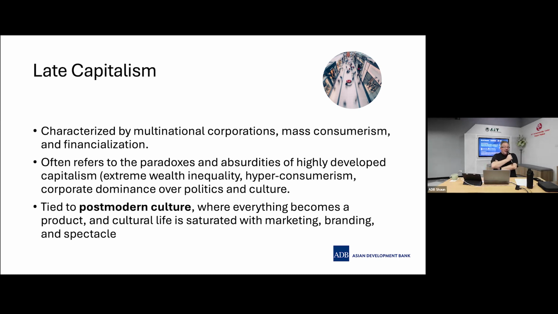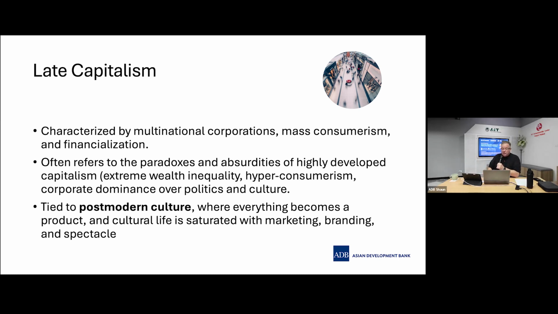Late capitalism is an idea. When I was an undergraduate student back in the 1980s, which seems like 1,000 years ago now, I attended a lecture by a philosopher named Frederic Jameson, who many of you may have heard of, who was one of the first to popularize the term late capitalism. It's characterized by multinational corporations, mass consumerism and the financialization of economies. Also, it often refers to the paradoxes or absurdities of highly developed capitalism: extreme wealth inequality,